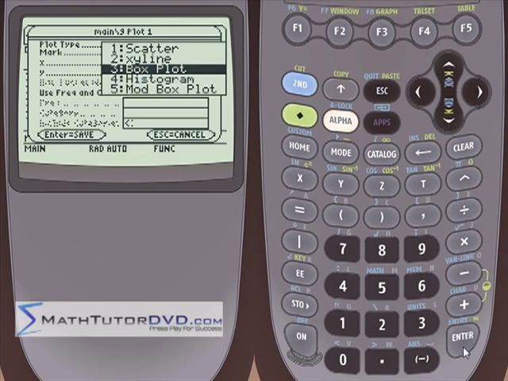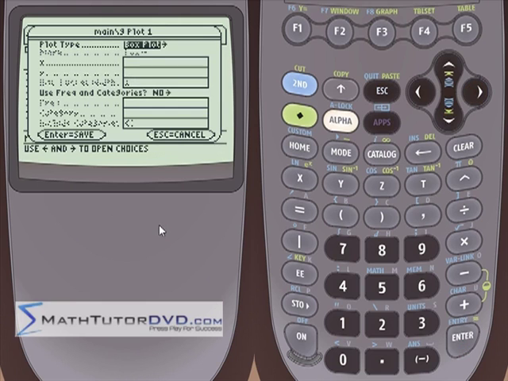In your book you might see it called a whisker plot. So it's the same thing. So we selected box plot. We have to tell the calculator where our data is. That's the X label. We're in the first column. That's column 1, C1. So let's put C